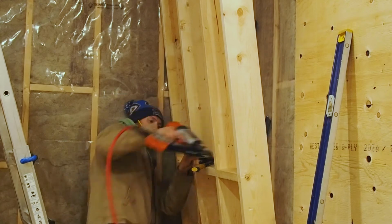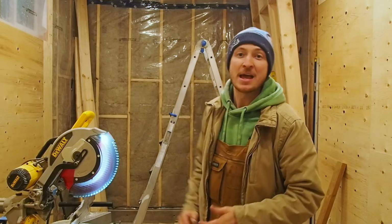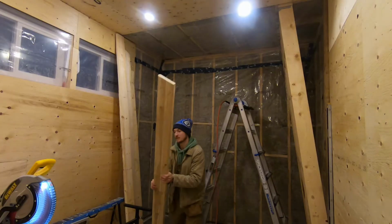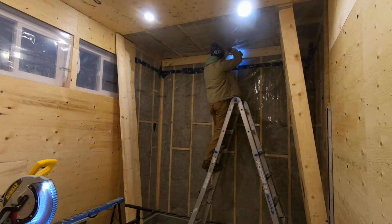Angled wall is finished off, all braced up, it's looking good, and we can move our focus to the flat walls within the climbing area and get those furred out. Next up, I'm going to fur out the 2 flat walls. Now what I mean by this is I'm going to attach lumber in a perpendicular fashion to the main structure